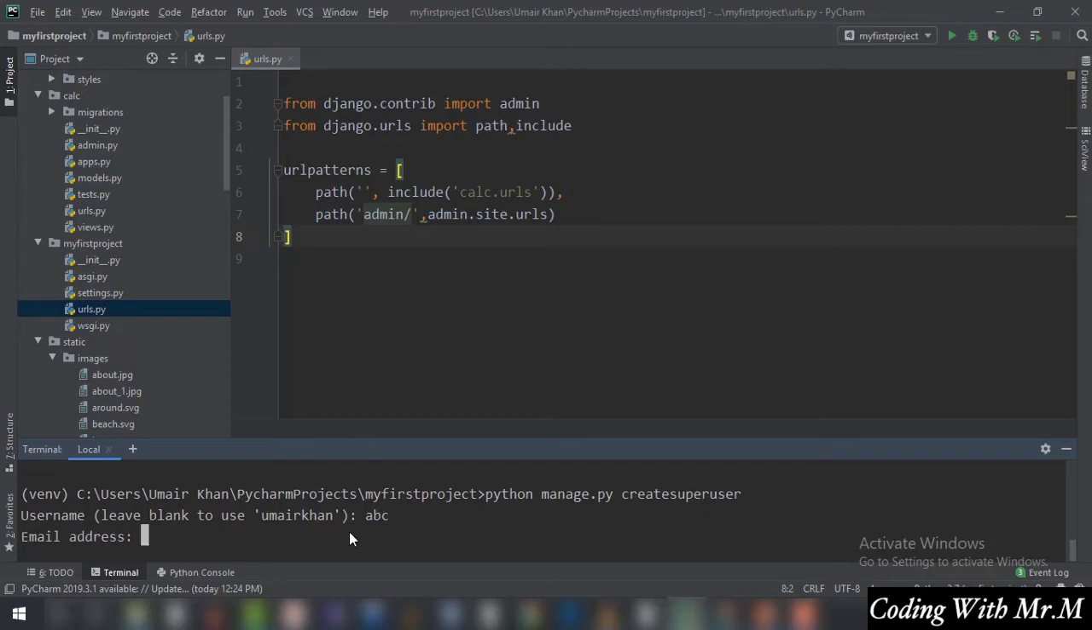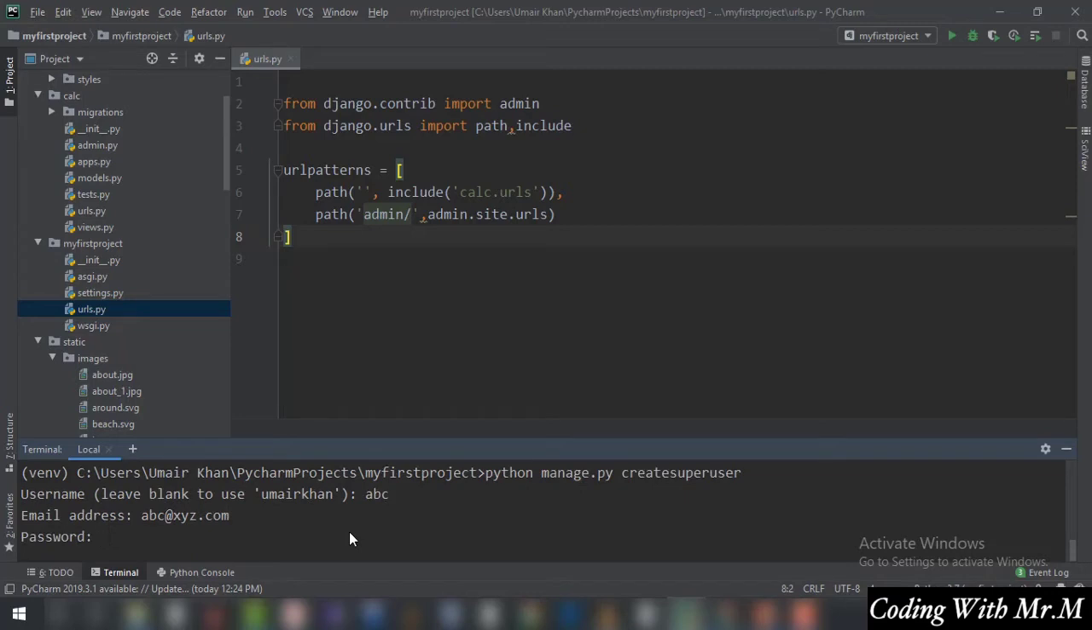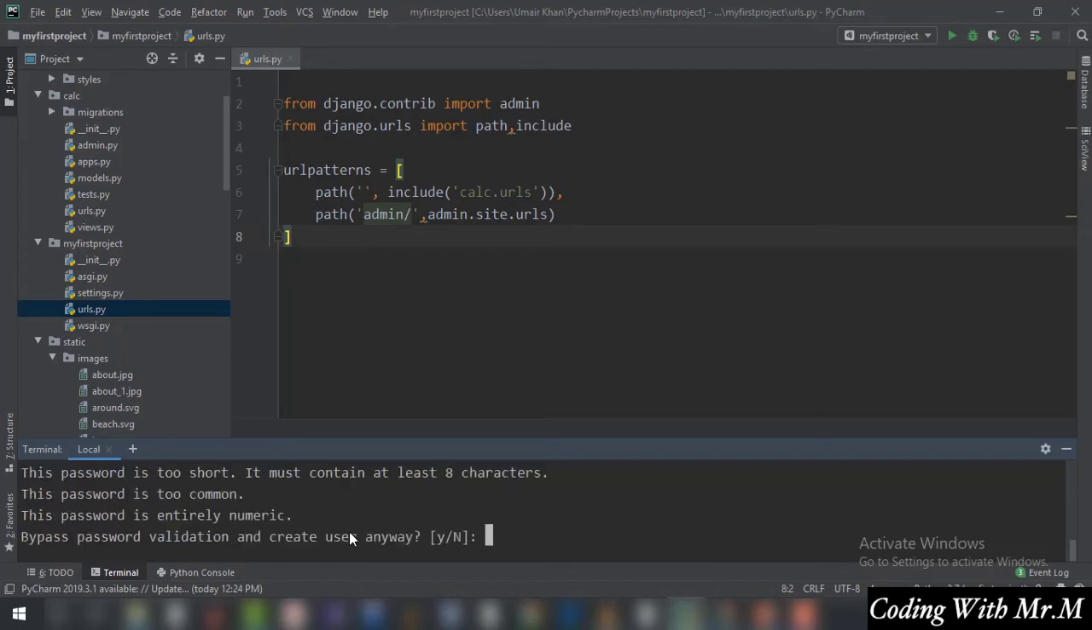Click enter, and then it is asking you for an email address, so let's say abc@xyz.com. Click enter, and it is going to ask you for the password. Let's say the password is 1234. Click enter, then enter the password again. It is invisible, but for now the password I have entered is 1234. Click enter again,